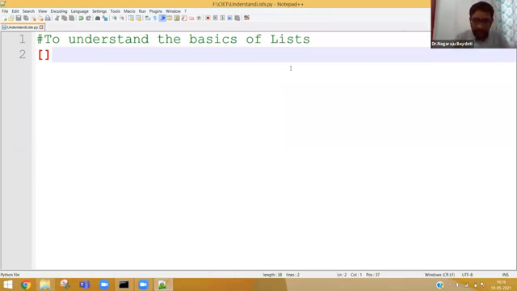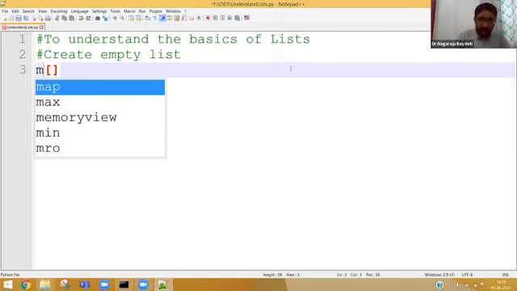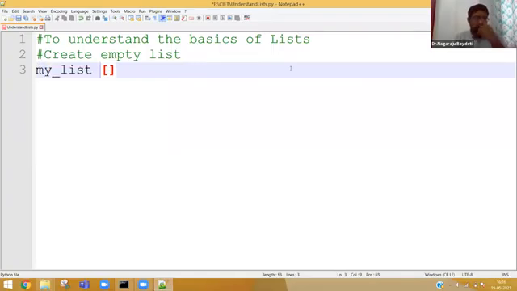basically a list can be empty. Create an empty list. How to create an empty list? Simple. Give square brackets. If you give square brackets and don't give anything inside, it becomes an empty list. So imagine my list equal to simple square brackets.